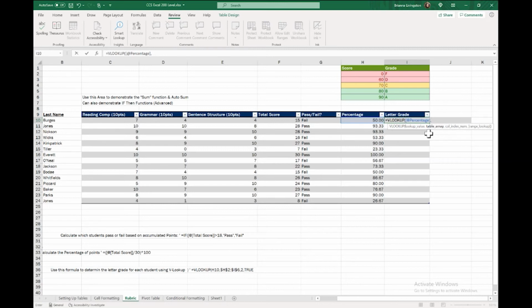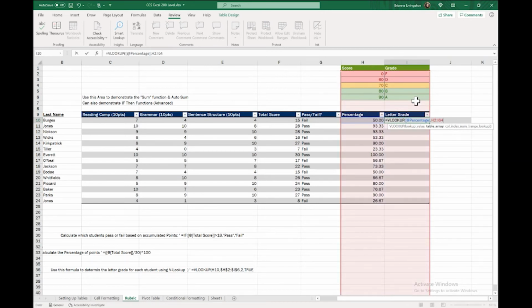The commas let Excel know you're ready to plug in the next variable. The table array is the range that we want to search within. So we want to look up anything that's 50% in this array. So our lookup value is this percentage, and we see if it's in this array or this range anywhere. Okay, you need to hit F4.